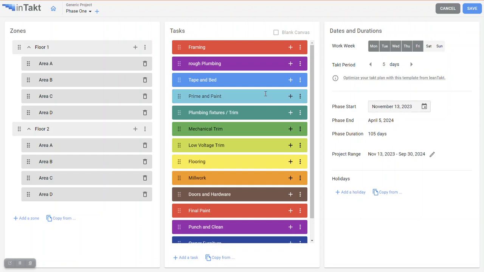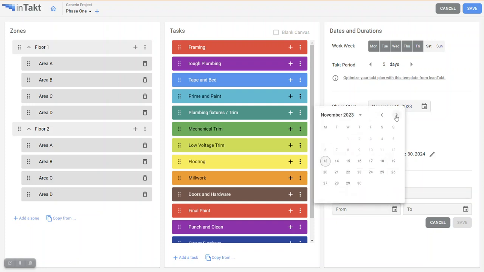And as you're building the plan, it already knows this plan is 105 days with a finish date of April 5th. And that includes holidays. And I love that we can set ranges as holidays. So let's do Christmas, for example. Looking at Christmas of 2023, we'll have, let's give them,